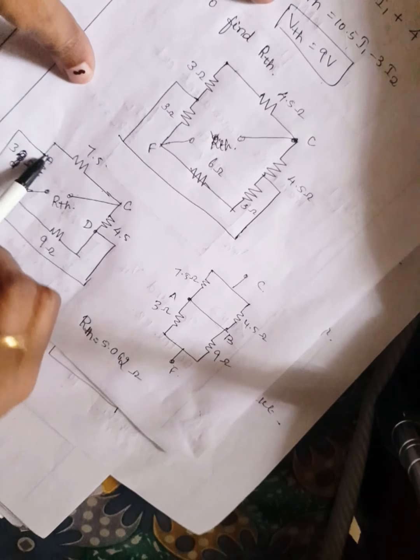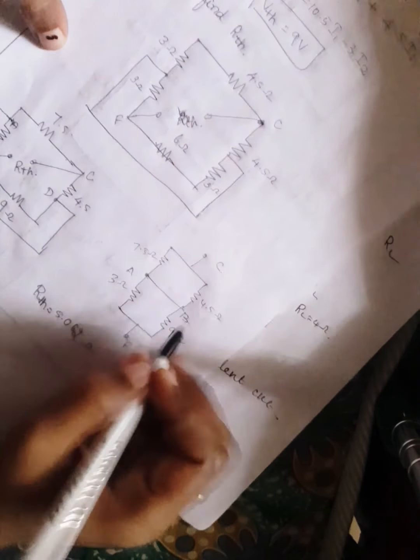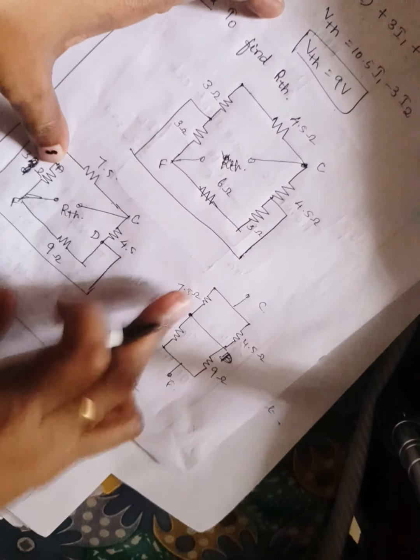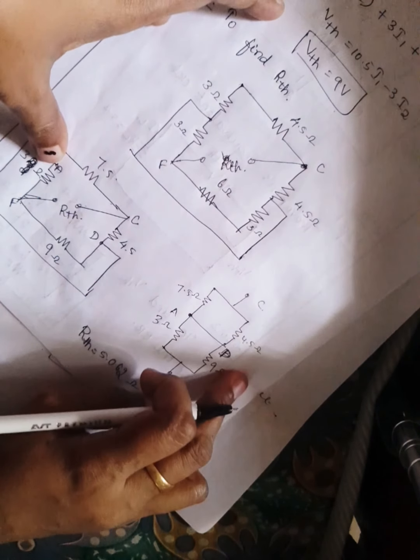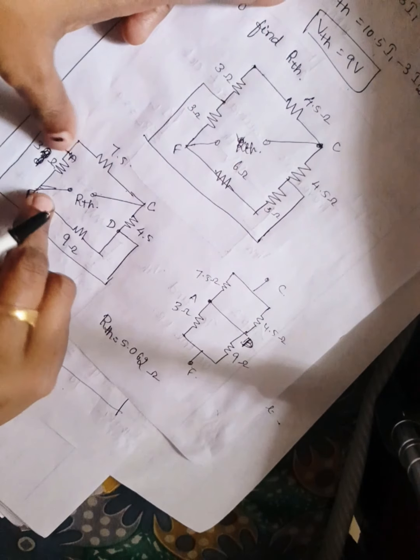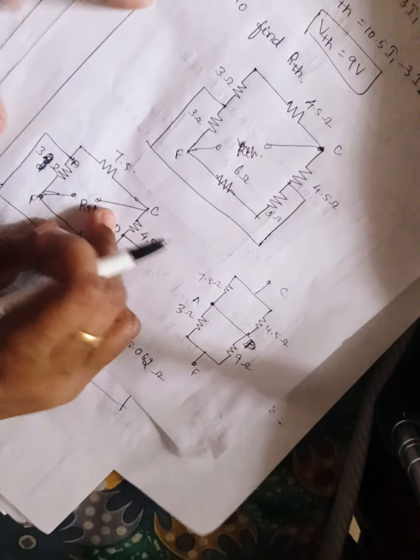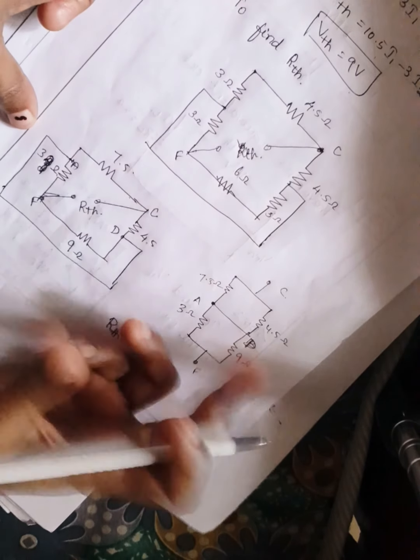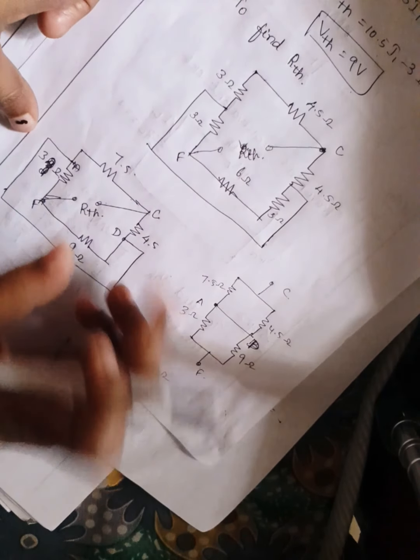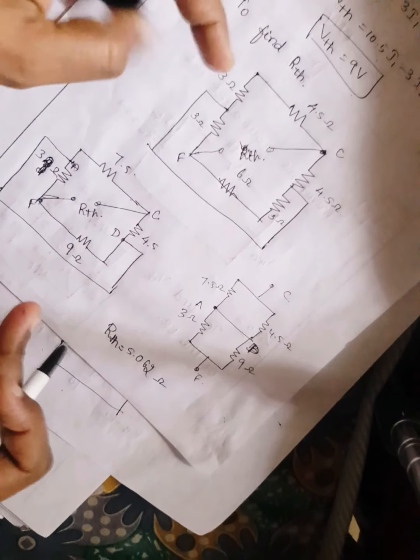Okay, and now see if you redraw the circuit, what happens? So draw AD. Okay, after drawing AD, here between AD, 7.5 and 4.5 are parallel. So we are going to find RThevenin here. And next these two are again parallel, 3 ohm and 9, because it is also one junction. 3 ohm, and we can't remove this because we are going to find RThevenin across it. So we can't remove it or take it as open circuit, because this is the load resistance across which we are going to find RThevenin.